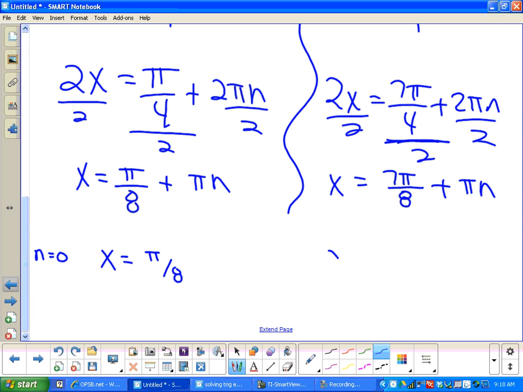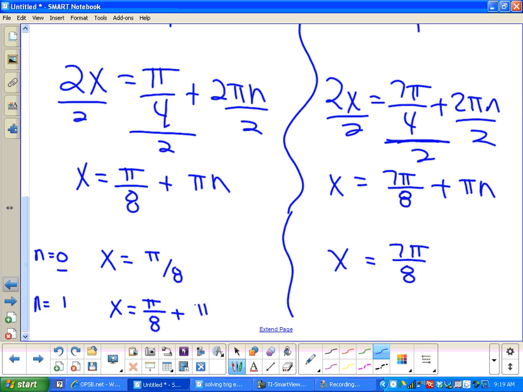All right, now what about this one? No, because we're letting n equal 0. Okay, and so our next one, we're going to let n equal 1. All right, so now this is going to give me 7 pi over 8. Okay, now that's if n is equal to 0. Now, if n equals 1, let's calculate this. Okay, so if n equals 1, and that would be pi over 8